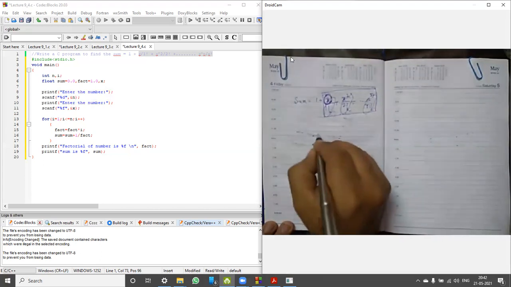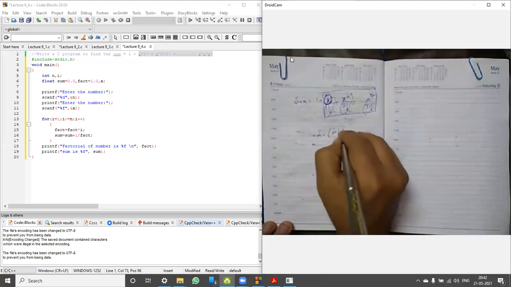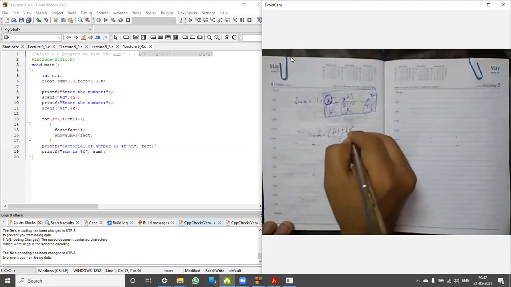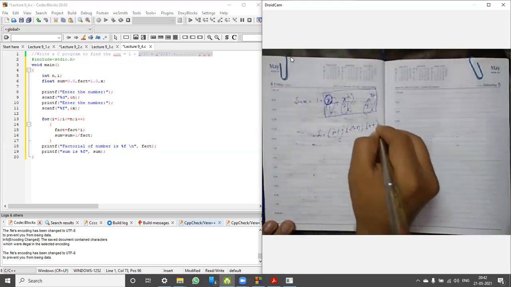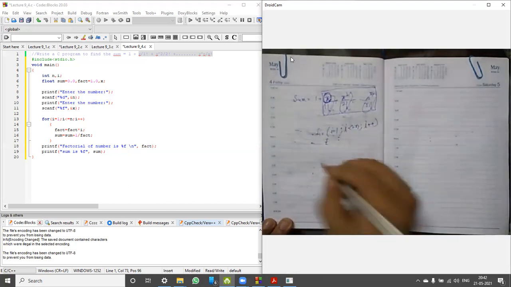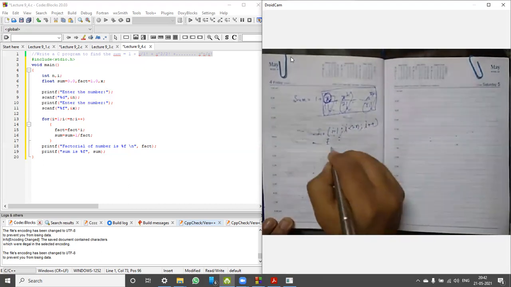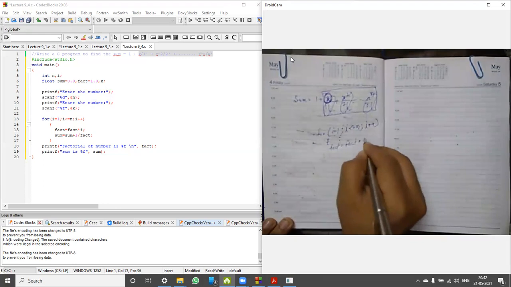We have a loop for i is equals to 1, i less than equals to n, i plus plus. Next, I want to calculate factorial. Factorial equals to factorial into i.